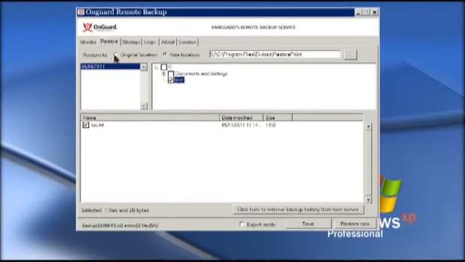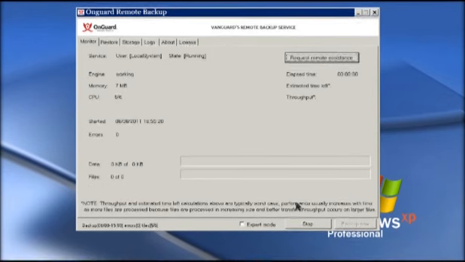At the top, you'll notice that I'm restoring to either the original location or a new location. We always recommend that folks restore to a new location so they don't accidentally overwrite their files. In case I didn't have any backup history on this particular machine, in other words, I was attempting to back up on a brand new machine, I'd click on this button to retrieve the backup history from the host server before all this page would be populated. But since I've got everything set, I'm going to go ahead and click to restore now.